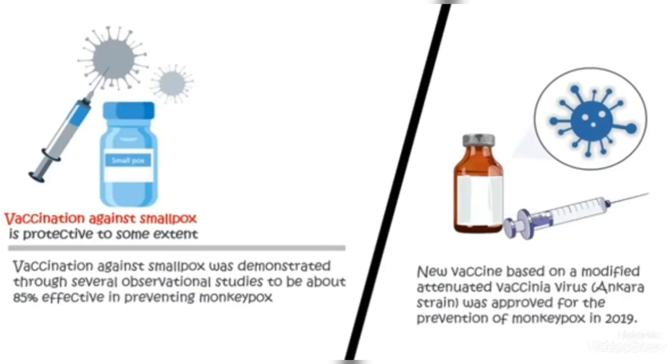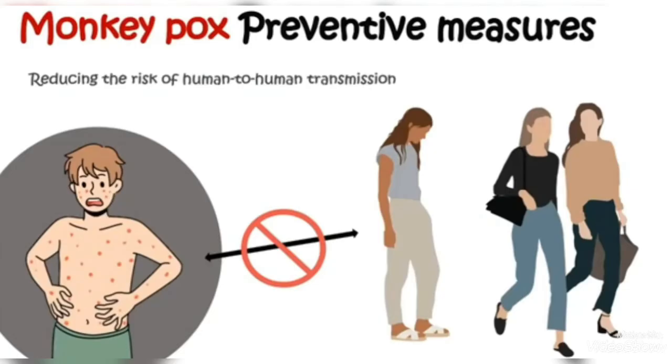Now comes a very important question: what to do to keep yourself safe. Number 1, do your regular routine activity with better social distancing and proper use of masks. Number 2, the most important thing is to focus on the people who are engaged in sexual activity with multiple partners or some other means of close contact. They must be aware that the person they are in intimate contact with is not suffering from any illness, and look for such symptoms. Awareness has to come from both parties.